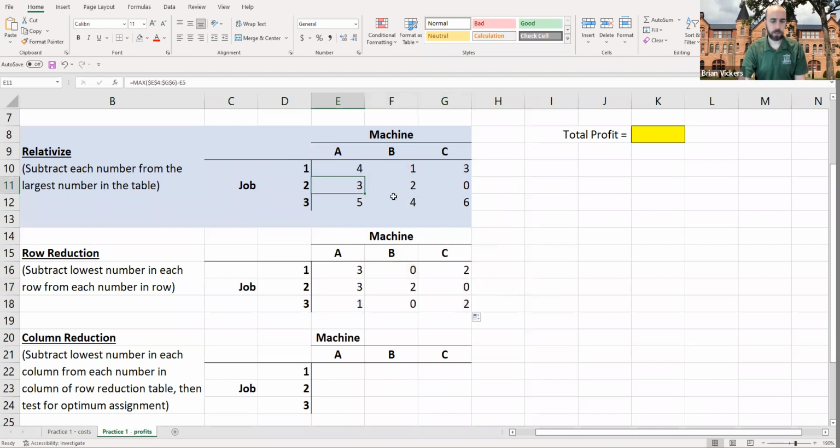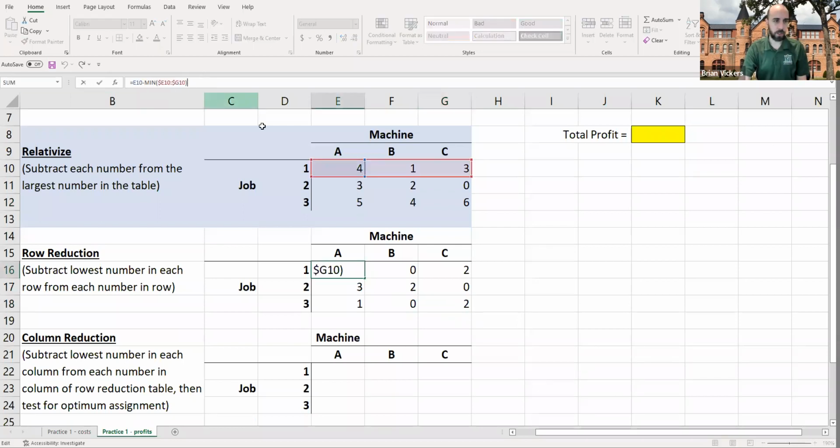Yeah, 3 minus 0 is 3, 2 minus 0 is 2, 5 minus 4 is 1, 4 minus 4 is 0, 6 minus 4 is 2. So that worked out. The difference there was that I only locked in the column E. I wanted E to stay the same, but then I wanted E to copy down to row 11 and row 12,